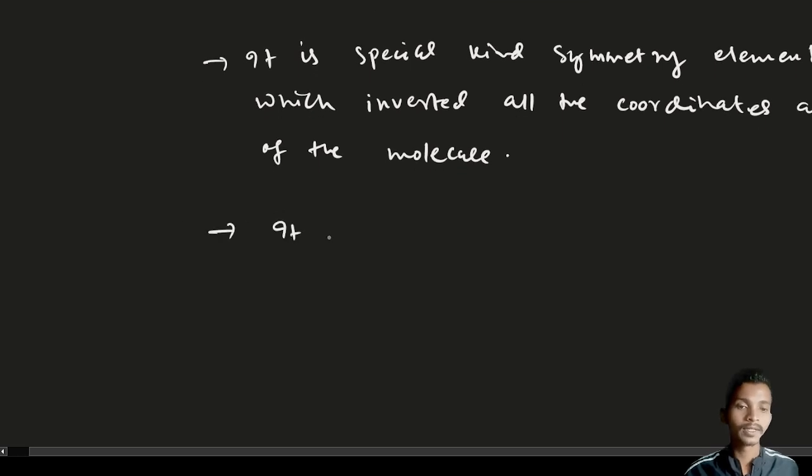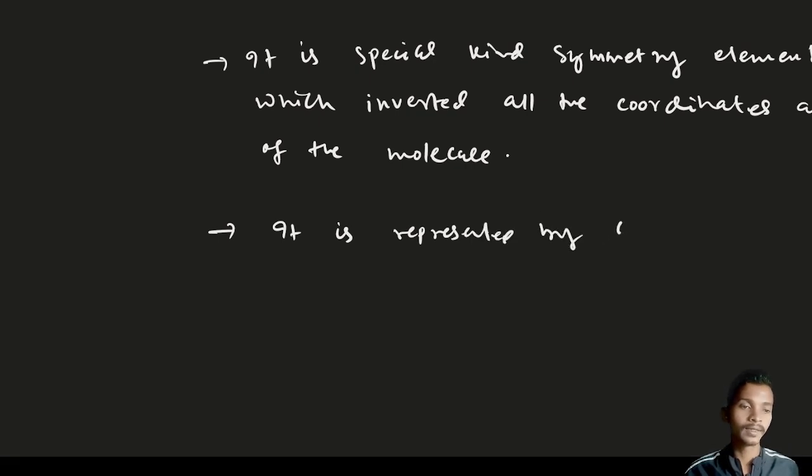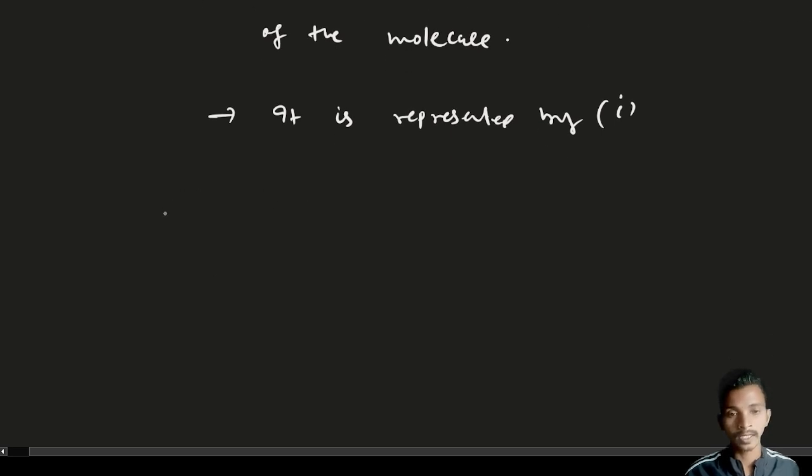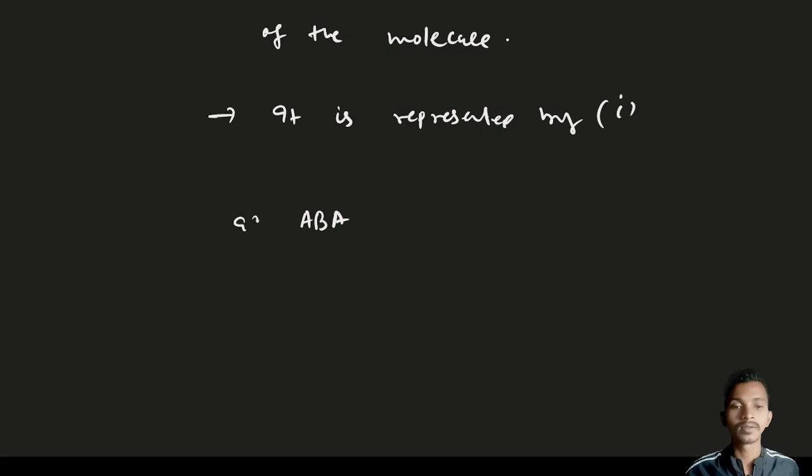It is represented by i. Okay, so if you take examples like A, B, A molecules, like CO2 molecule: